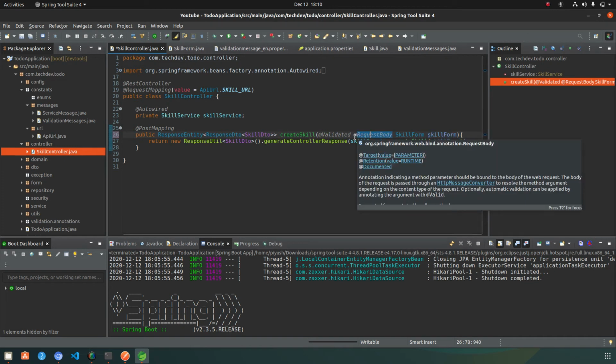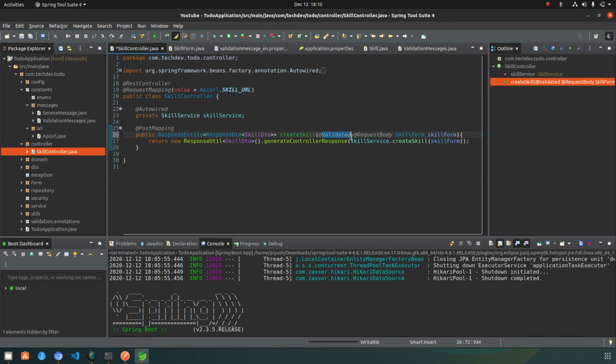You need to remember this, and after this I suggest you choose either one way, either to use the binding exception way to handle the validation response, or to go toward the dynamic or global validation exception handling.